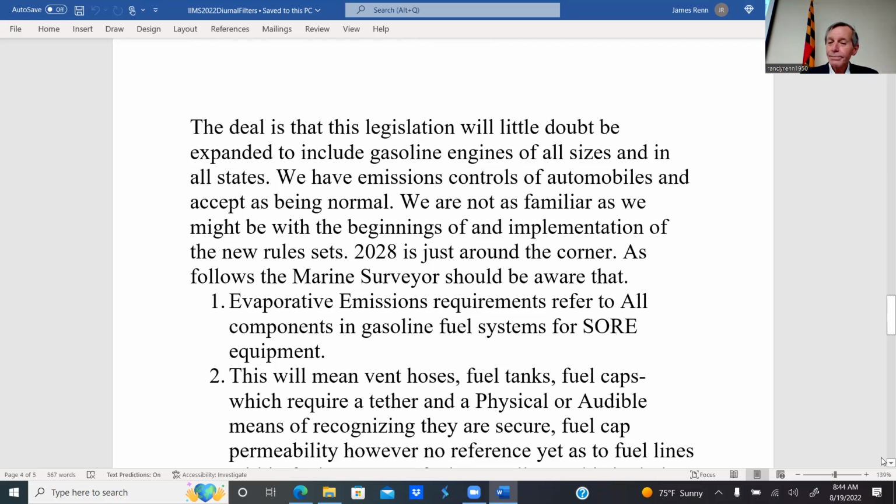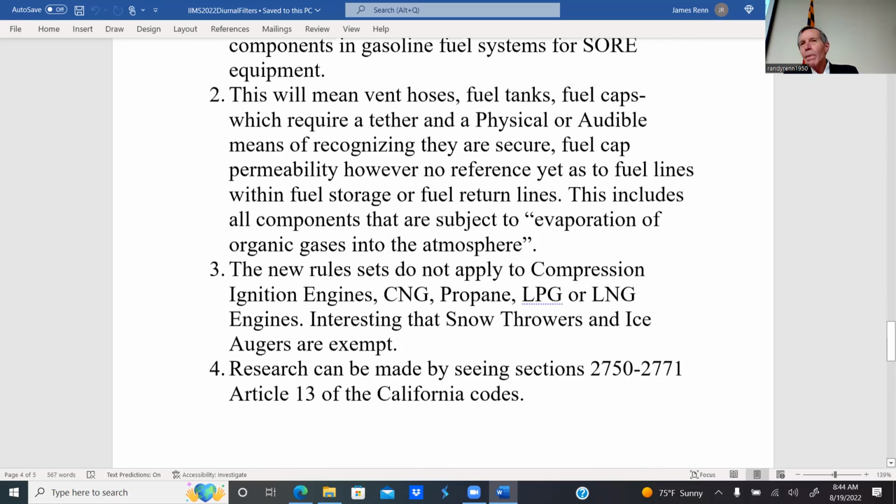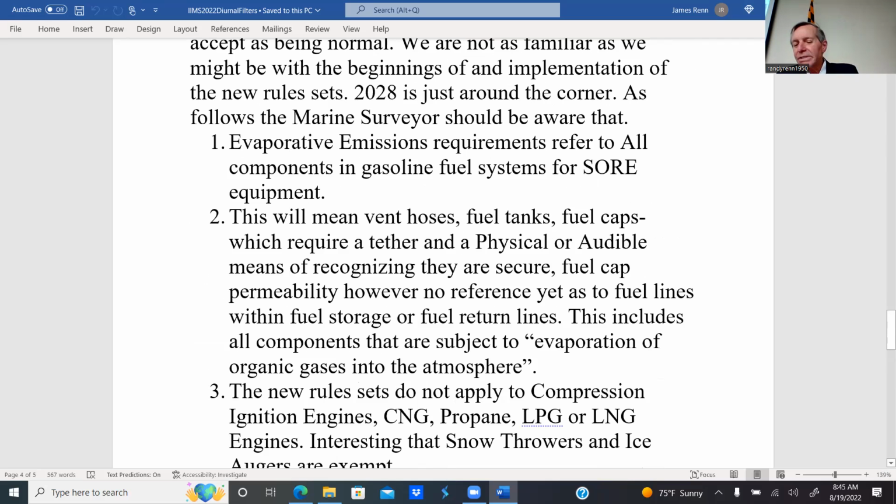The fuel fill cap. I equate this to something many of us remember, when OSHA, the Occupational Safety and Health Administration, came out in the late 70s, early 80s with regulations for automotive shops. One of those regulations stated that no air charge could be dismissed from a delivery system with a pressure of greater than 40 PSI. What they were trying to say is you can't use the hose to blow off your floor. What they effectively said is you can't inflate a tire, because you can't inflate a truck tire with 40 PSI. So this is sort of